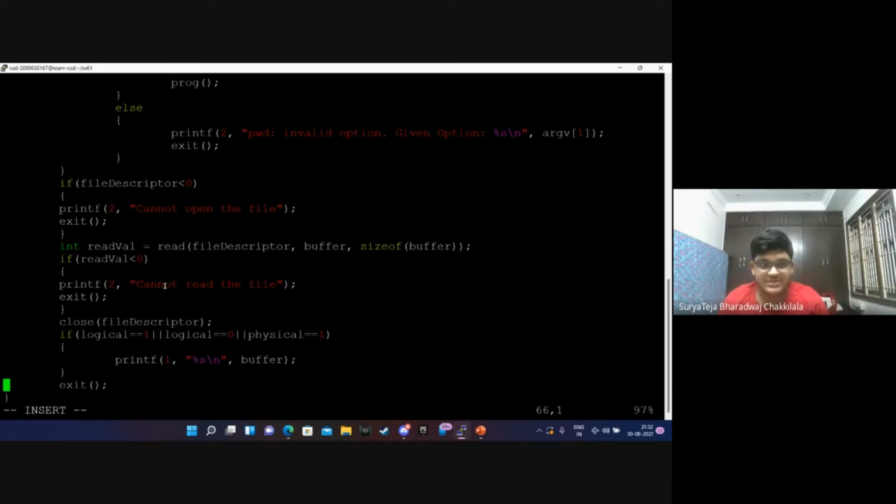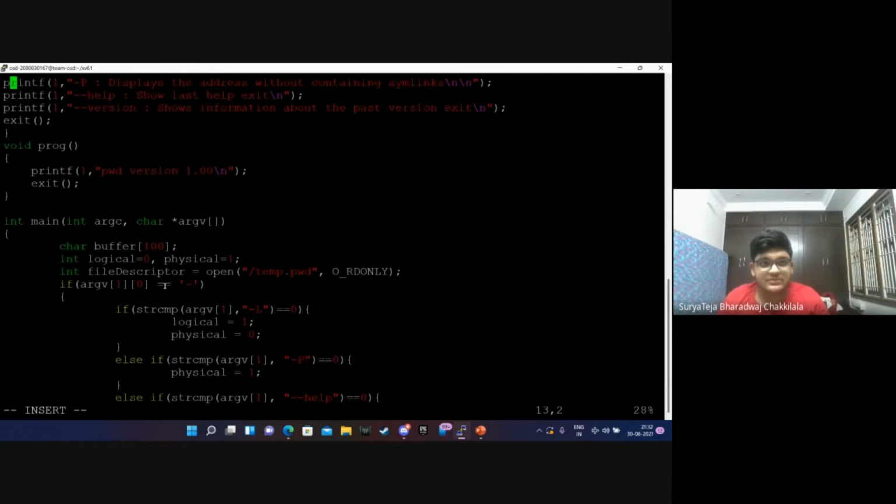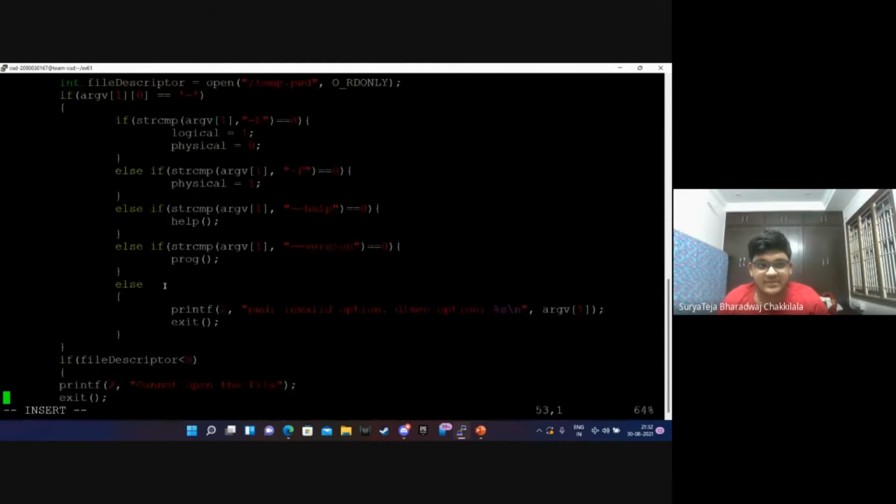This is the common step in xv6. So I think that's our pwd.